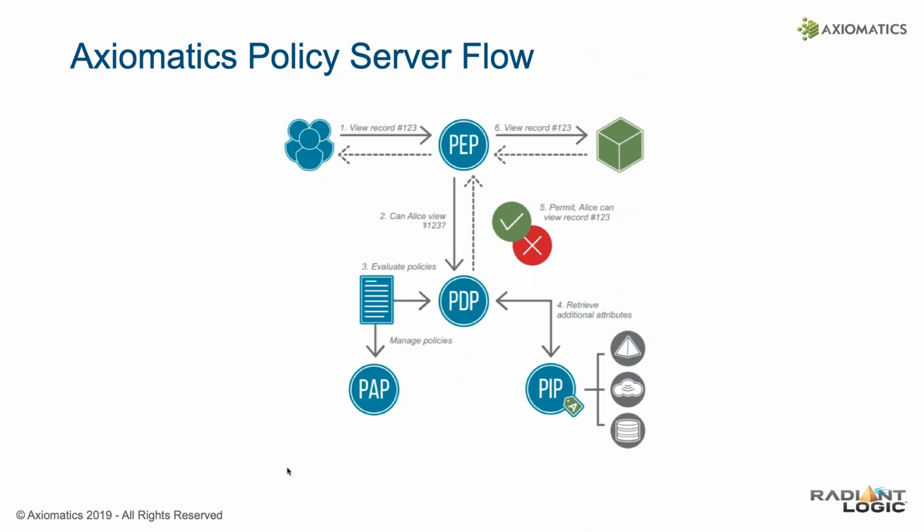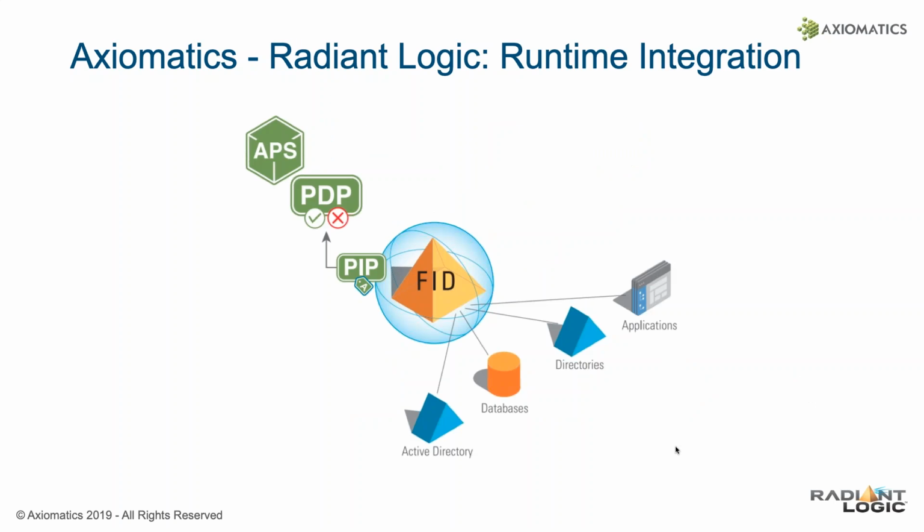And I think we covered this in the previous flow, but what I wanted to call out here again is when we're looking to retrieve additional attributes, either about the user, in this case Alice, or about the record, well, this is where Radiant Logic really comes in to show the power of how all of this information can be consolidated, normalized, and aggregated, giving Axiomatics a single point of connection. And I think, Wade, we're going to come back to this topic as we move forward here, but